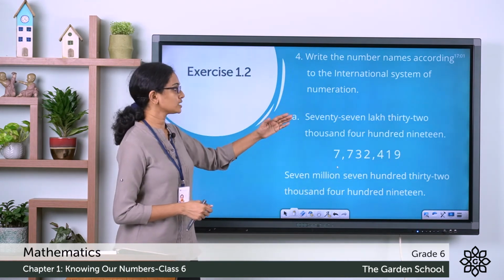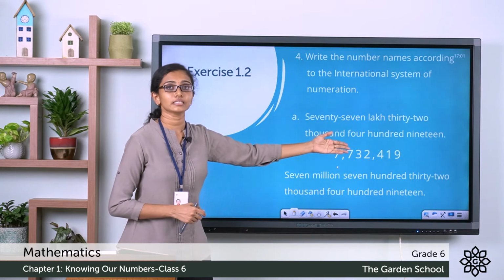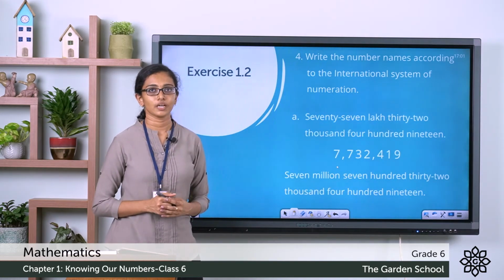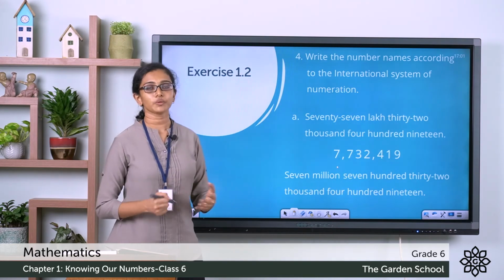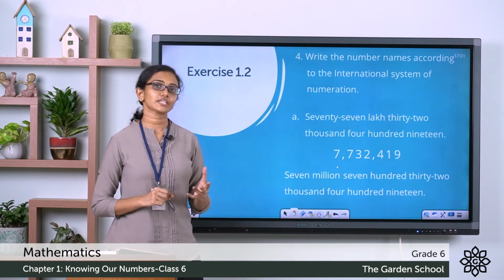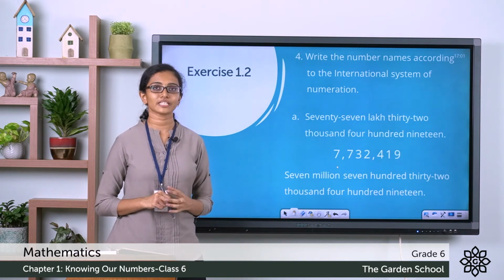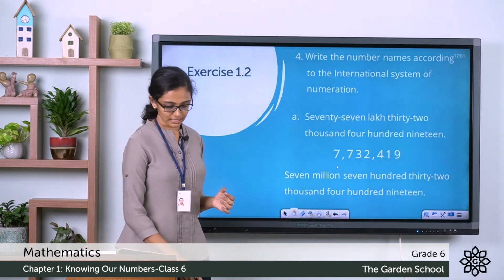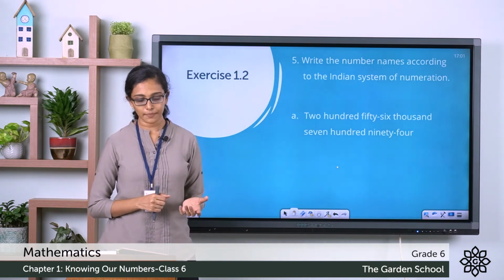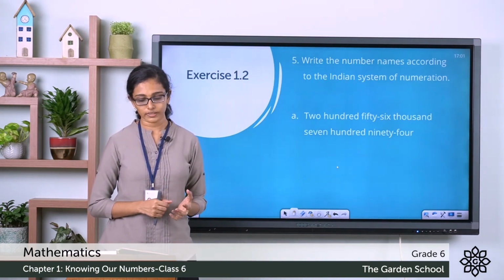See, we have changed the number name in the Indian system to the corresponding one in the international system. This is how you have to go about working out the questions coming under this one. So the rest of the questions, you please do yourself in your notebook. Let's see the fifth question, and here it reads, write the number names of the following according to the Indian